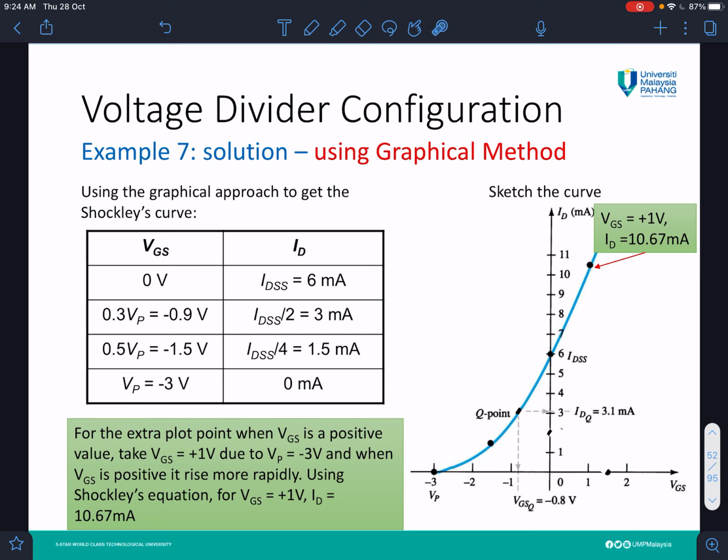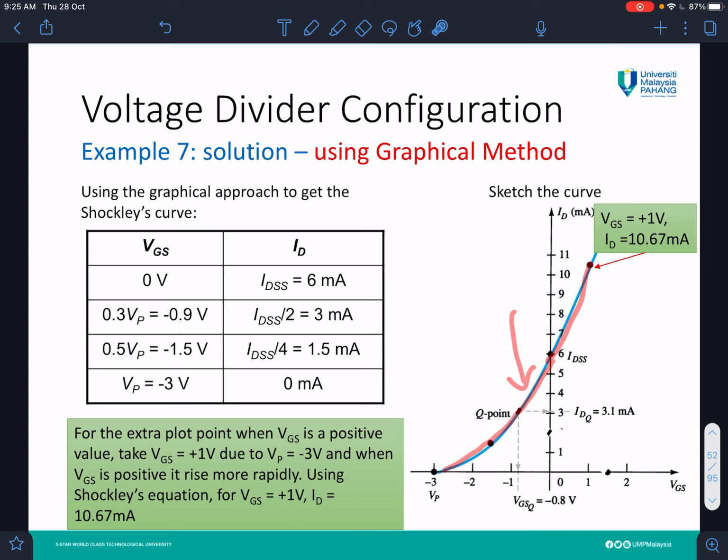Okay, now I want to continue the FET DC analysis for the voltage divider configuration. Now we want to find IDQ and VGSQ using the graphical method. For this method, we need to draw the curve. So remember that this curve